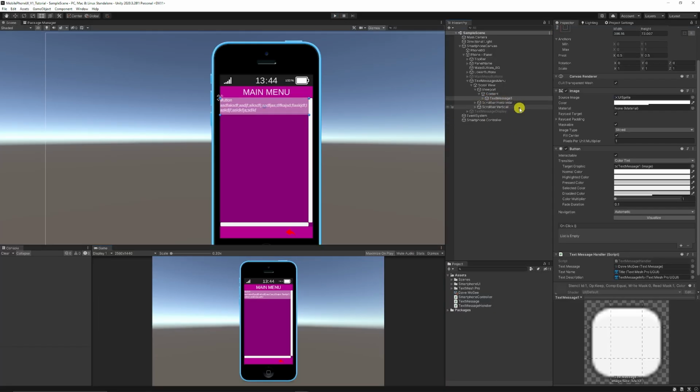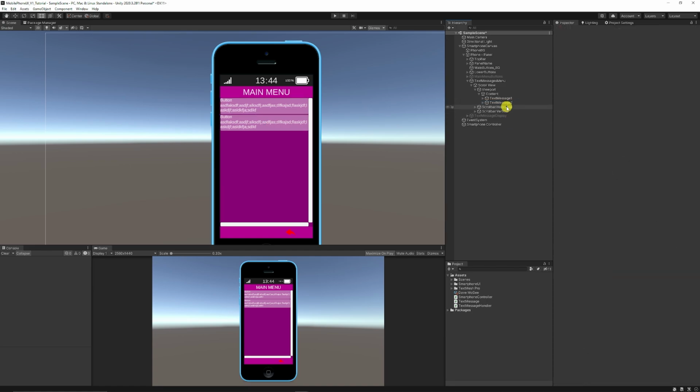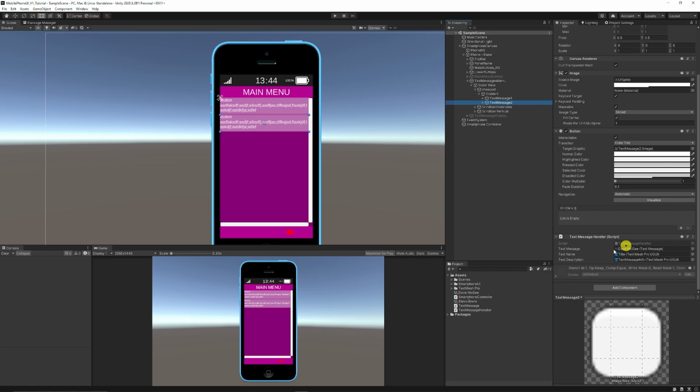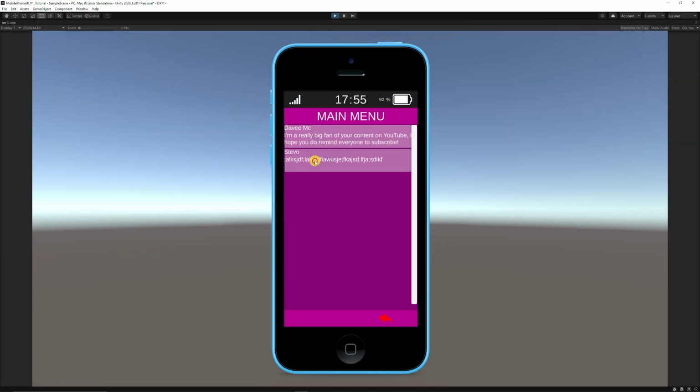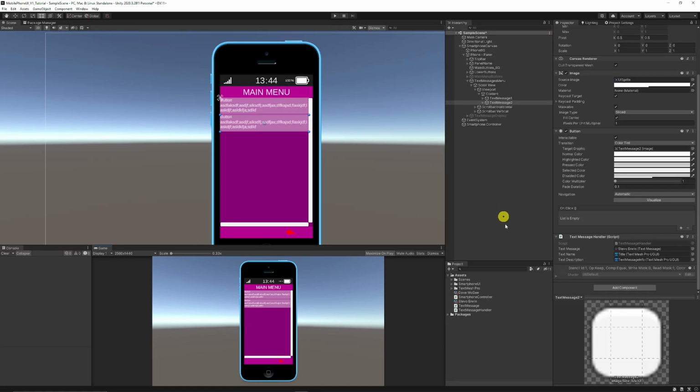Now, again, if we duplicate that at this point and have this as text message 2, and I just duplicate this scriptable object. I'm going to call him Steve-O, and he's got a bit drunk and he's just written a load of weird stuff. Now, if we go back to that handler and we add Steve-O Irwin in there, we can then press play, and you can see that now that content is from Steve-O and Dave with exactly the information that we